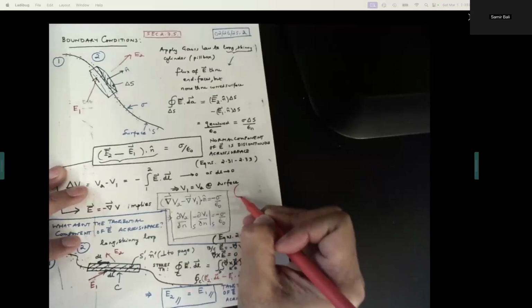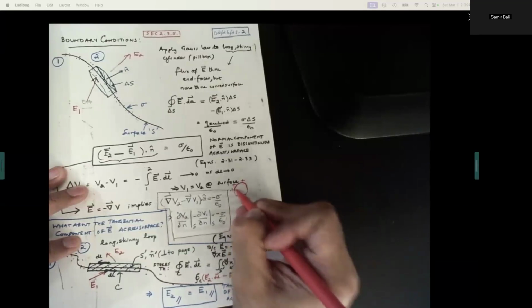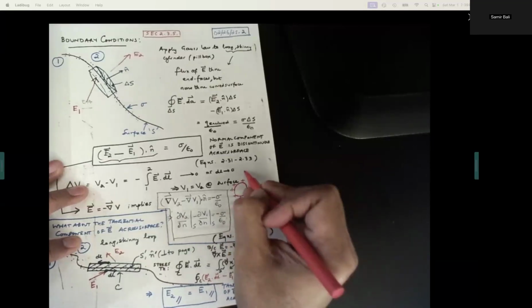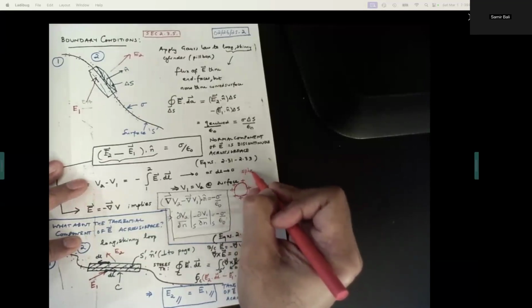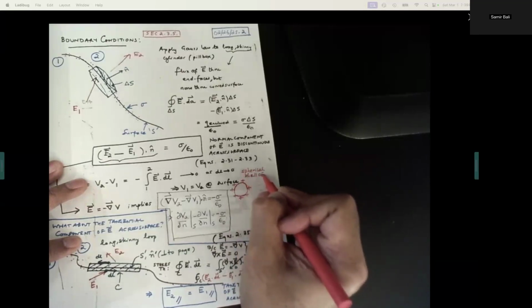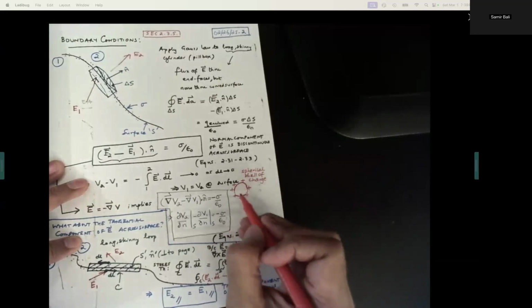So here's the spherical shell with some charge on it. Spherical shell of charge. And we graphed this in class,